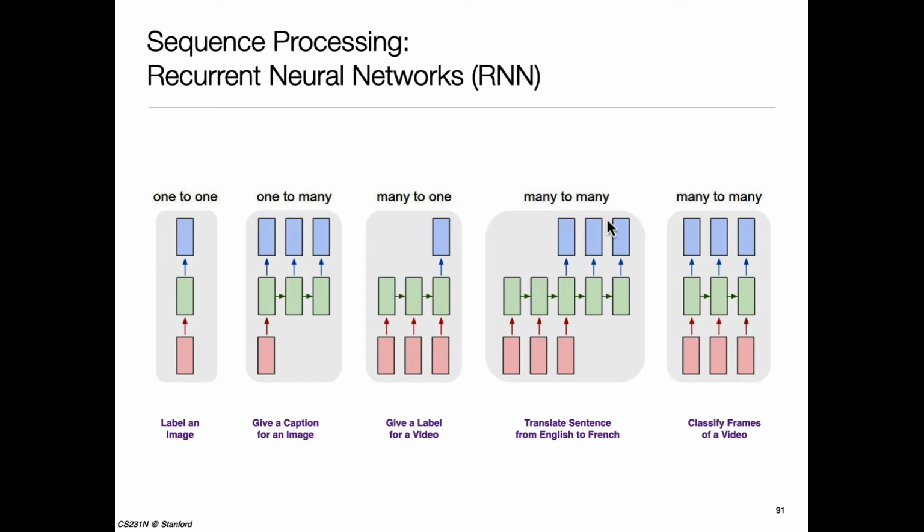I could do many to many, where I can feed a time series and it will produce a time series. Can you think of a use for this? So black box, I feed a time series. I basically say start, measurement 1, measurement 2, measurement 3, measurement 4, measurement whatever 1,000,010, stop. And then once I do that, it starts spitting out a time series. And again, it does the same thing: start of the time series, a bunch of values, stop of the time series. Can you think of an application for a system like this, which given a time series produces a time series? Someone else? Anyone? Time series input, time series output.